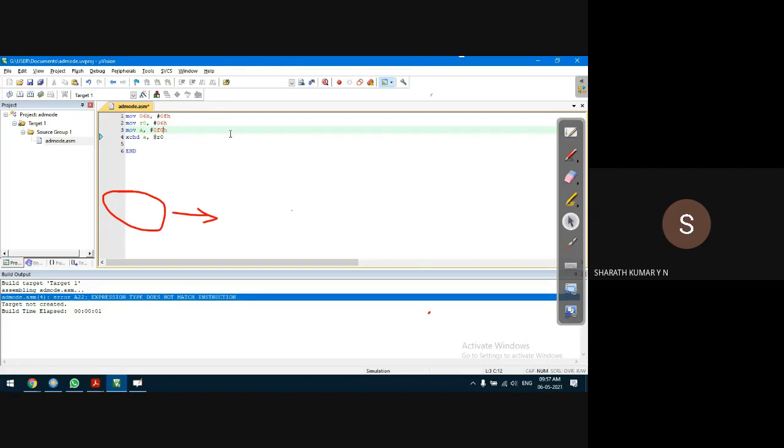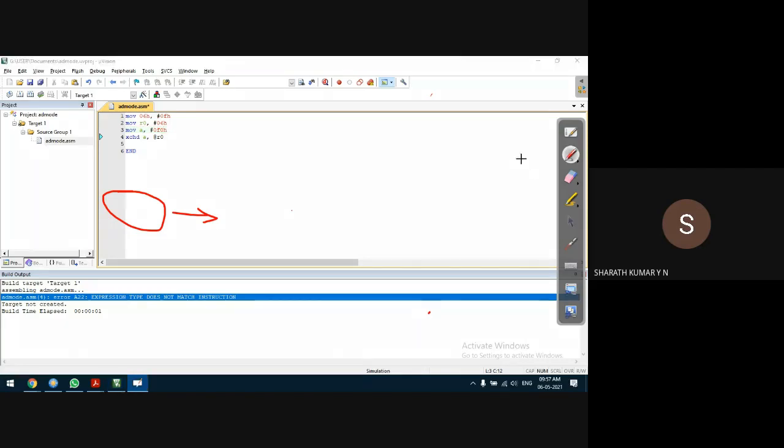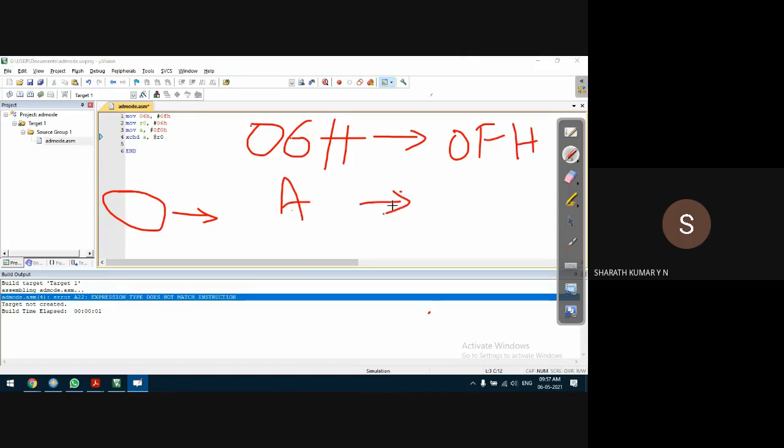What I'm trying to do is take the memory location 06H and store 0FH in it. In the accumulator, data is F0H.